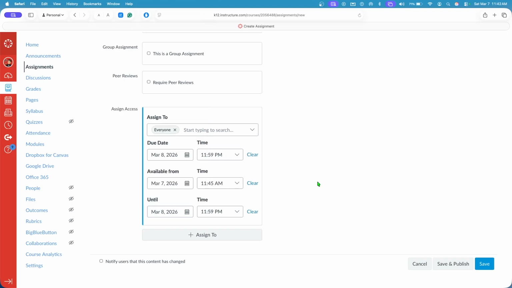So meaning at 12 a.m. the 9th, they won't be able to submit anymore or anything. It's going to be locked. So once you're done setting your settings, actually I'm going to go ahead and change this to show you right now this demonstration. Let's just say